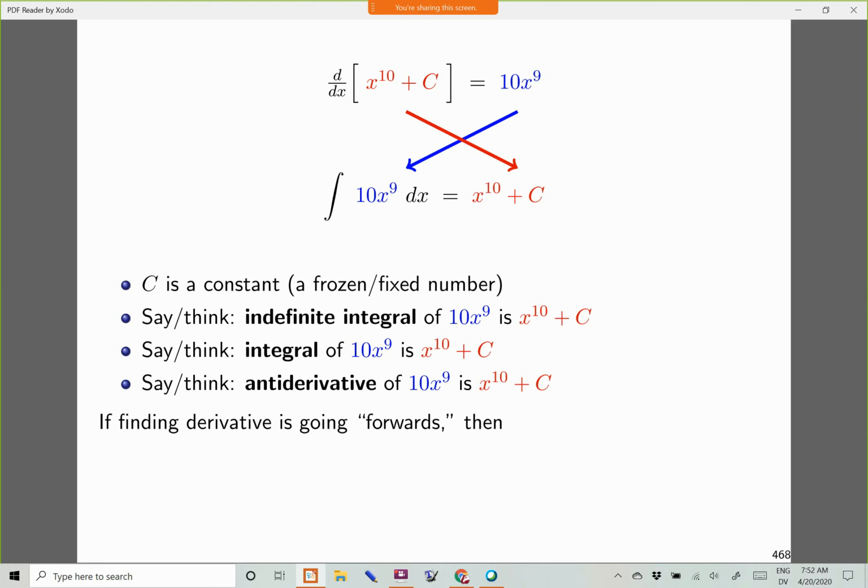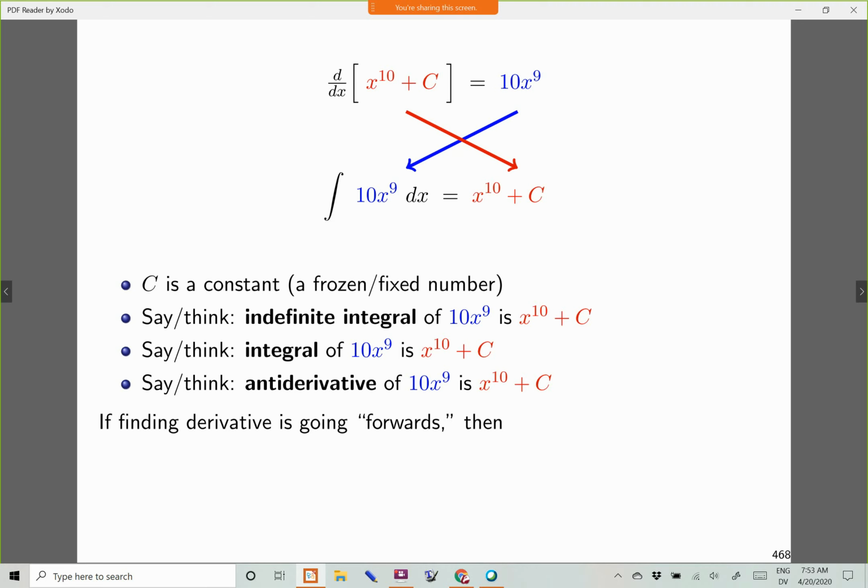Sometimes what happens is people don't think any words as they're writing these things down. They're trying to just go through the motions. And that's going to create a problem that I'm going to try to address on the next slide. And in addition, if you don't think that's what this symbol means as we do the rest of this week, Tuesday, Wednesday, Thursday, it's going to lead to some major problems. So I don't want that to happen.